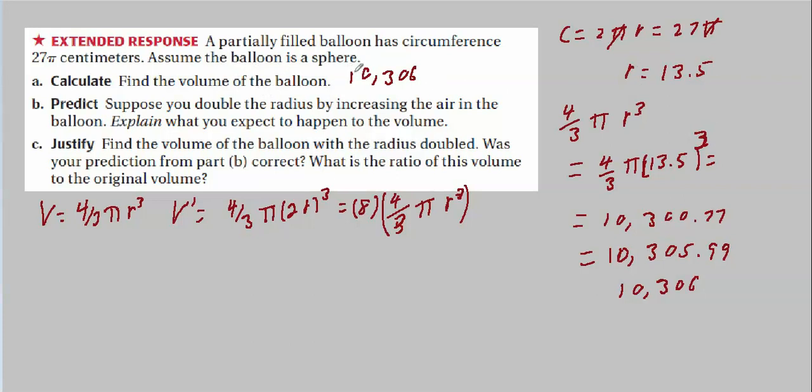And then, for some reason, they wanted us to use actual numbers to see what the difference in the volume was. But I think you're sophisticated enough by now to understand that all we have to do is put a 2r in here for the r and immediately find out what the difference is between the two. And the difference is you multiply 1 by 8. That is, the volume increases by 8 when the radius increases by 2.